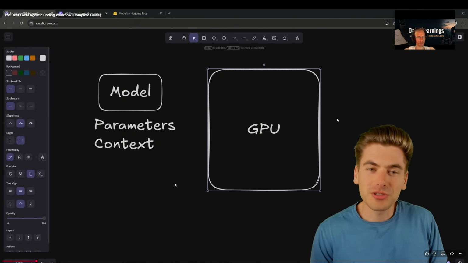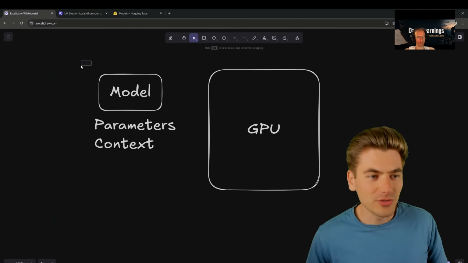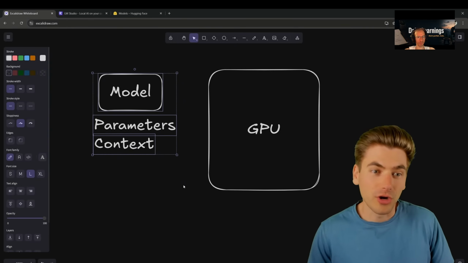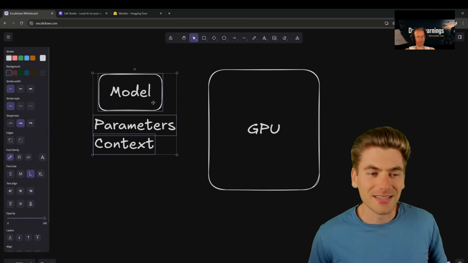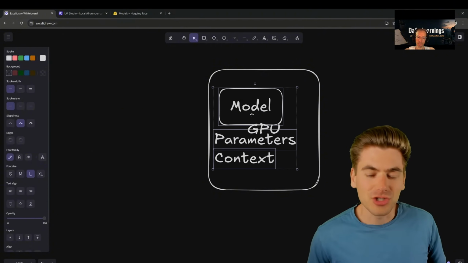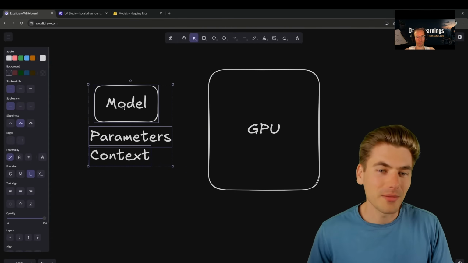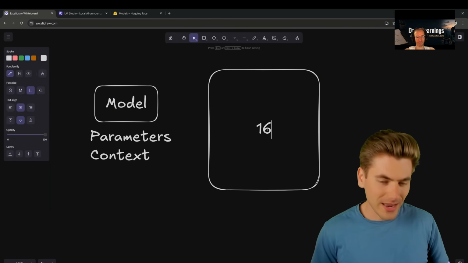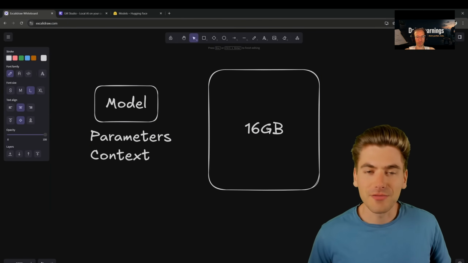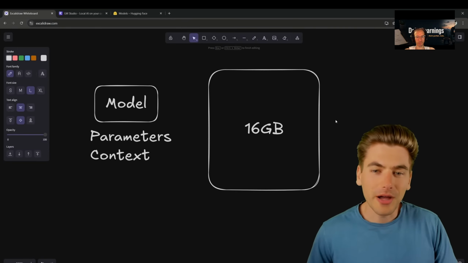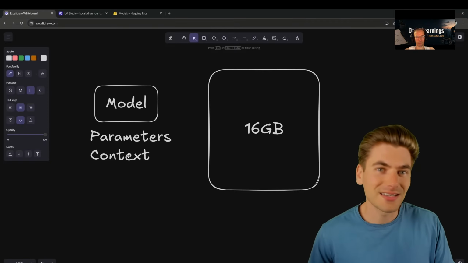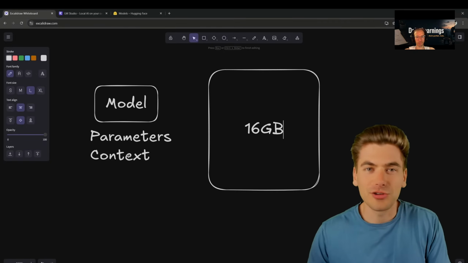But for the most part, the most important thing is how much RAM you have, because when you take a model and you try to load that model on your computer, what it does is it takes this entire model, all the parameters and everything, and it tries to shove it directly into your graphics card on your computer inside of that RAM. So let's say that you have a GPU that has 16 gigabytes of RAM inside of it. That means that you can only fit a model that can fit within this 16 gigabytes of RAM, and that includes all the additional context and everything that model needs to run based on your code base or whatever else